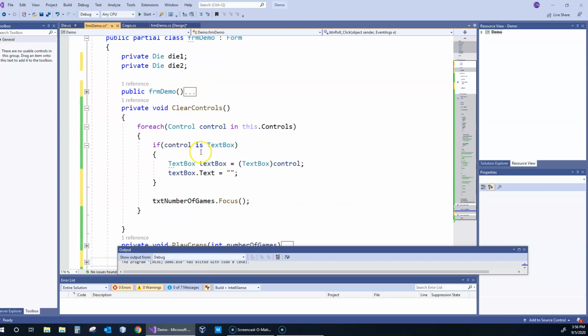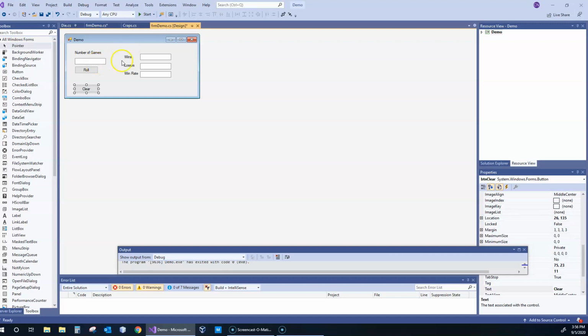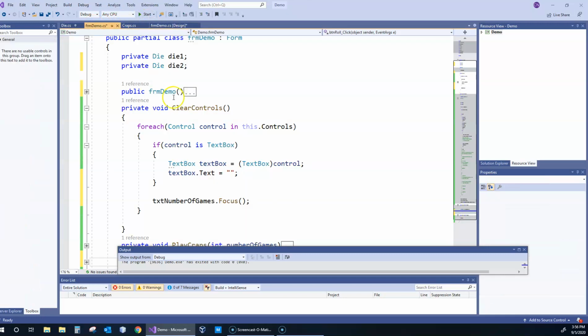You might have seen something like this before when I was talking about downcasting. You'll see some examples in the book where they do each text box, for instance, one at a time. So if you look at my form, I have 1, 2, 3, 4 text boxes. In the book, the example will be textBox1.Text gets two double quotes, so empty string. textBox2.Text gets. You do one at a time. Using downcasting,